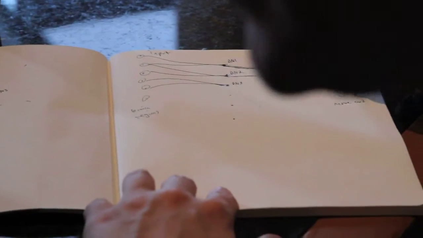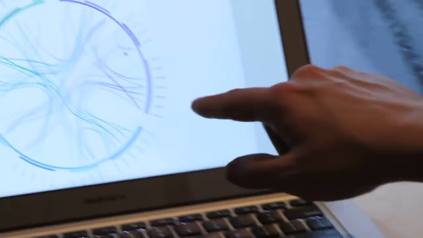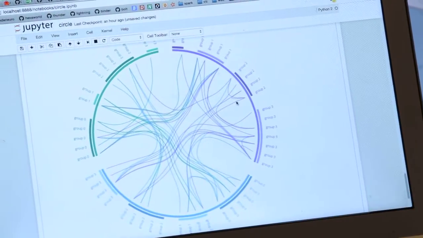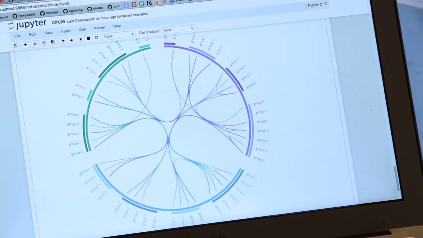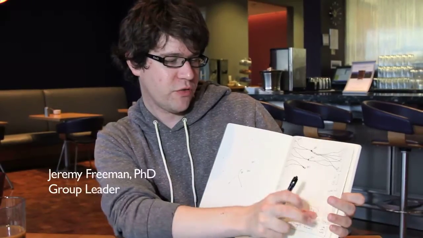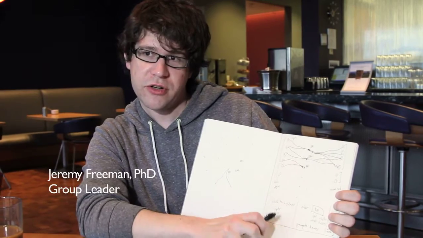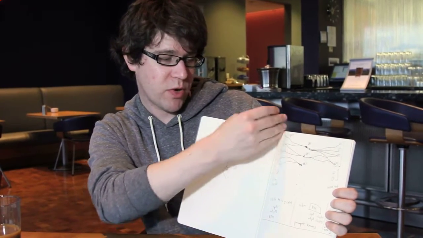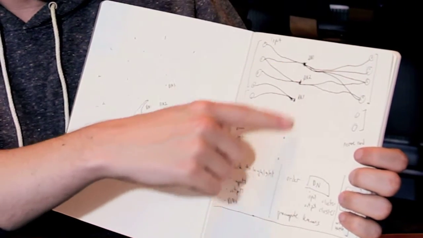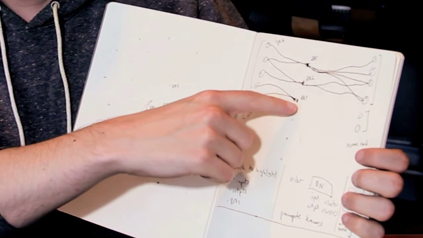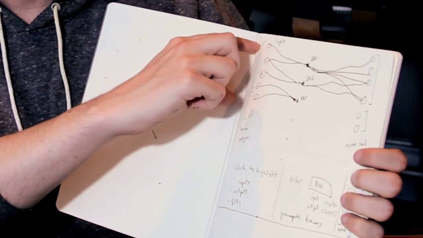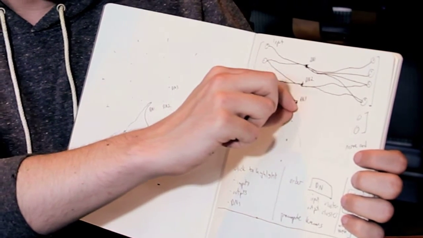Right. I think in this meeting we really had a breakthrough about how to capture something that's unique about the information we have, which is really the individual identity of these descending neurons. What we just came up with was basically reorganizing that circle so that now the inputs are on one side of this chart and the outputs are on the other. And then you have these elements in the middle, each one of which represents a descending neuron, and then the connections all come in to that circle in the middle and then all fan out,